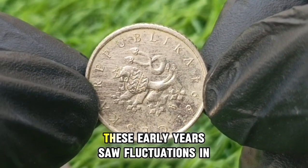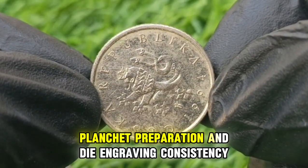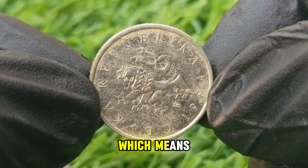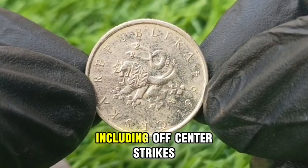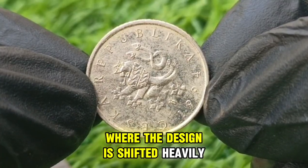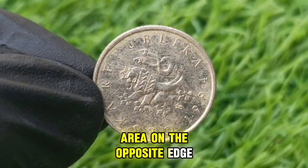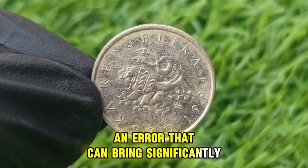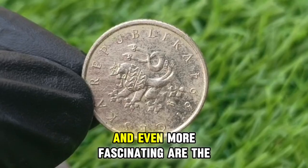Monetary system. These early years saw fluctuations in metal quality, planchet preparation, and die engraving consistency, which means collectors have documented a wide range of minor and major anomalies, including off-center strikes where the design is shifted heavily toward one side, leading to a crescent-shaped blank area on the opposite edge. An error that can bring significantly higher prices depending on how dramatic the off-centering is, and even more fascinating are